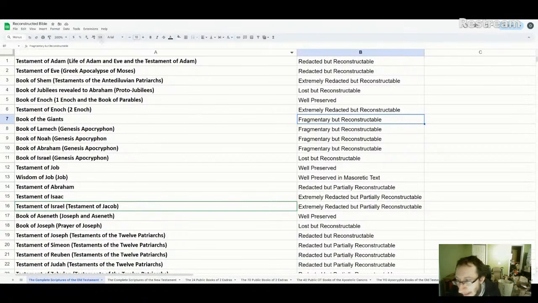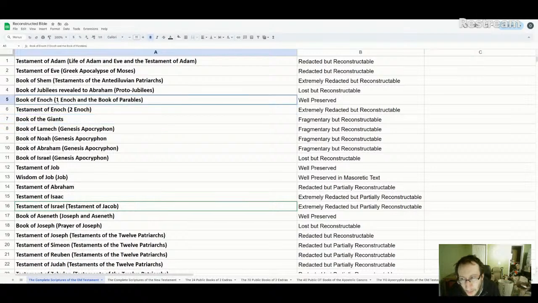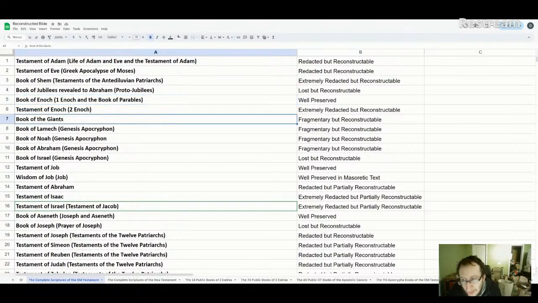Also, what we see is that the Book of Giants follows very closely, but it's a more elaborate version of stories from First Enoch. In the beginning section of First Enoch, called the Book of the Watchers, it gives the story of the giants in a very summarized form. The Book of Giants would have given that Book of the Watchers section, but in much longer form. So we can use First Enoch as well to reconstruct that.